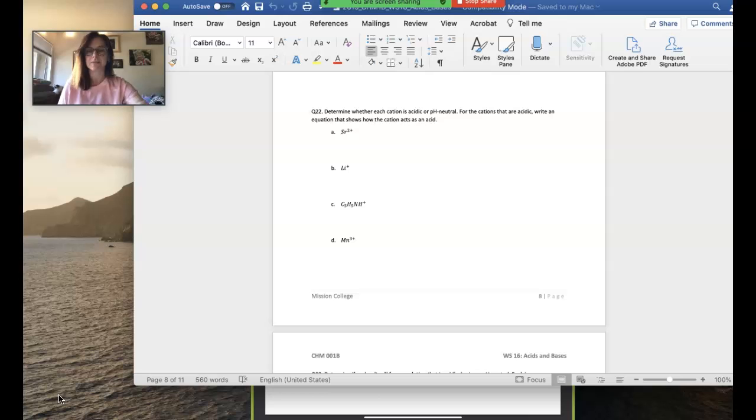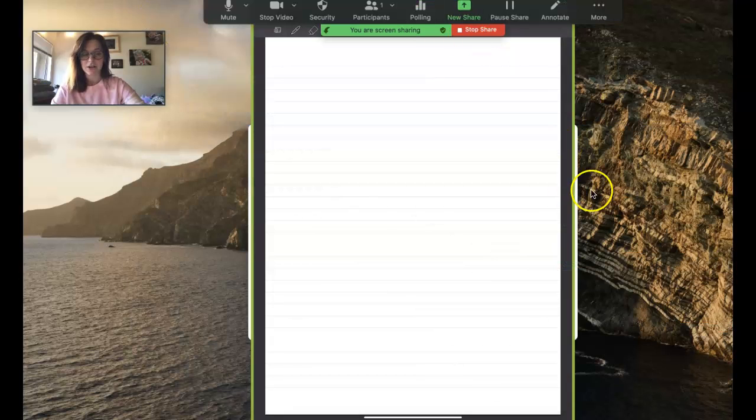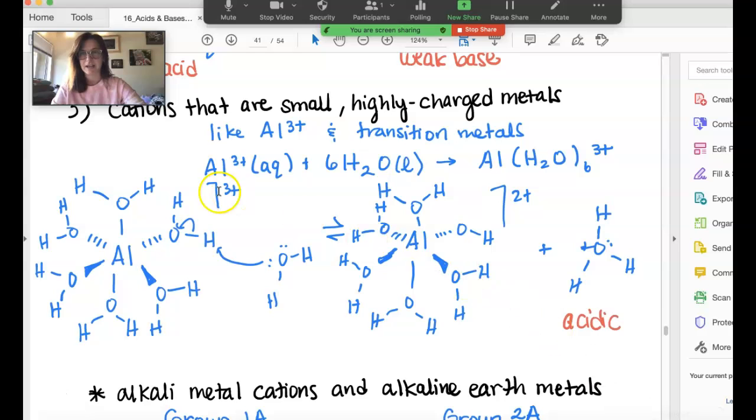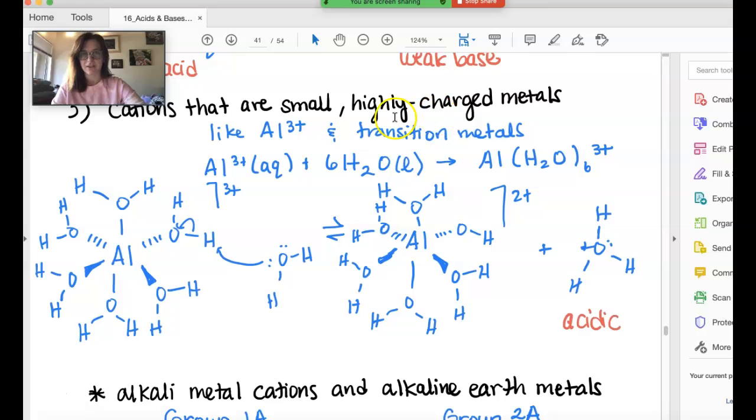For example, this is something that I discussed in one of my lectures on identifying if a cation is acidic or pH neutral. I'm looking at the manganese 3+ here. This looks like a small, highly charged cation. So pulling up my lecture notes here, cations that are small, highly charged metals like aluminum 3+, or those transition metals like manganese,